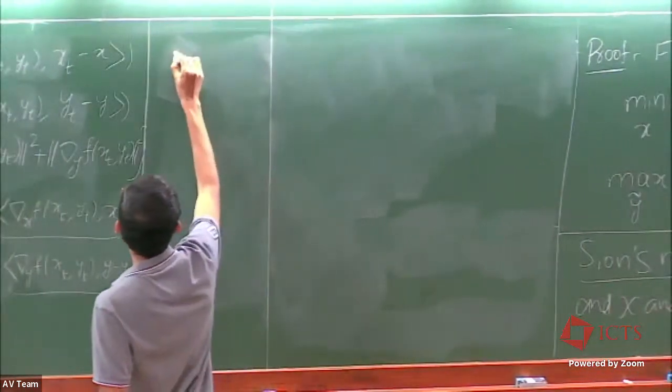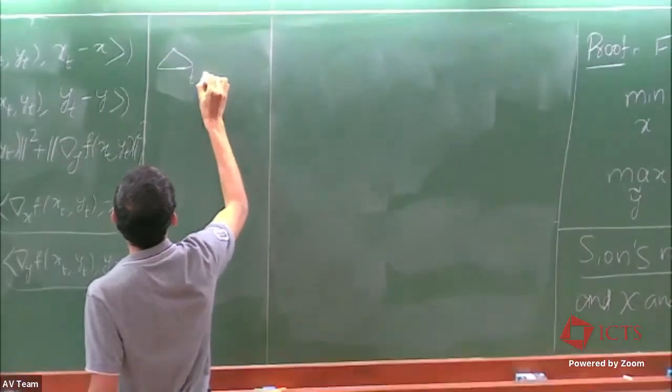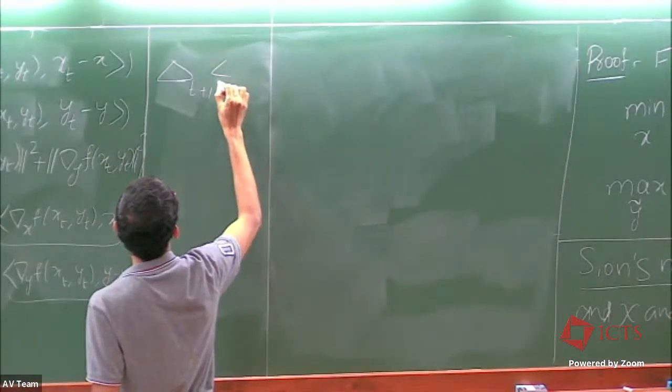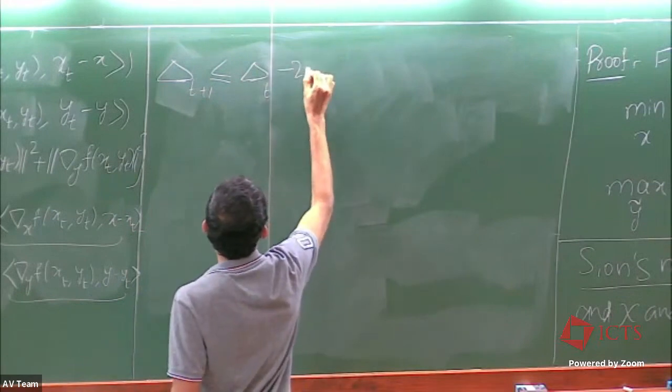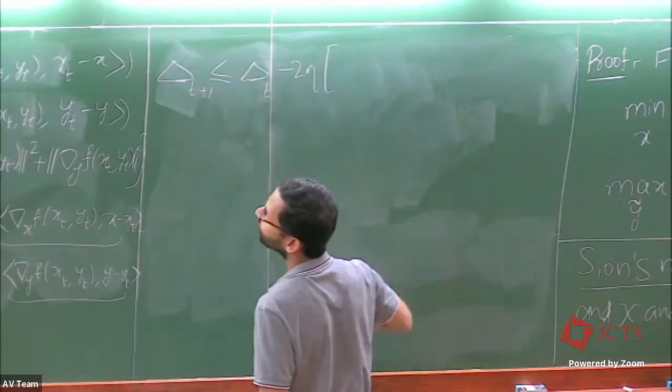So what we get is delta t plus 1 is less than or equal to delta t minus 2 eta